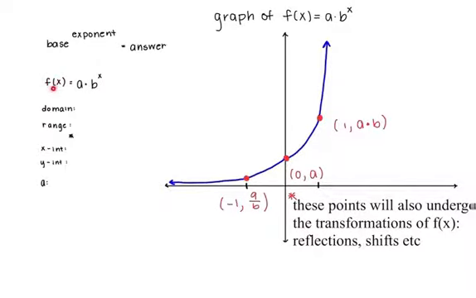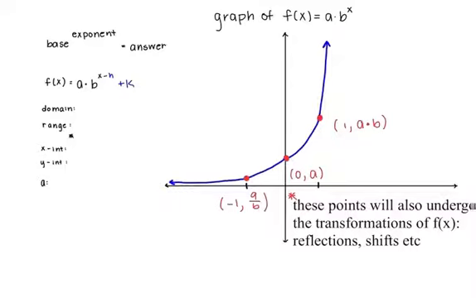Here's my answer. My answer is f of x, or y. I still have b as my base, and x is my exponent. This a is just a multiplier like we have with any of our functions, like we just learned about polynomials. And I can have horizontal shifts and vertical shifts as well with this function, and that's where they'd be placed. I can have reflections over the x-axis and y-axis, all things that we know how to do from chapter 1.8